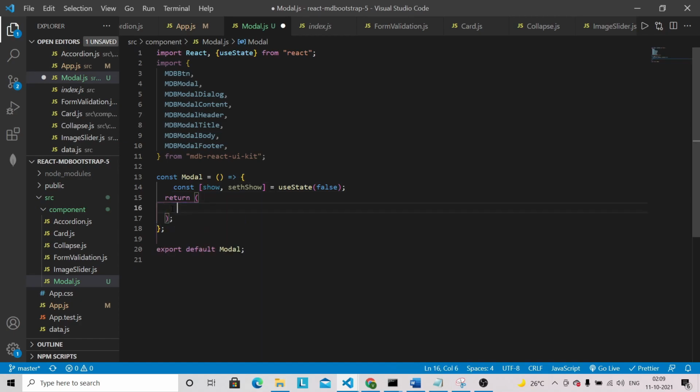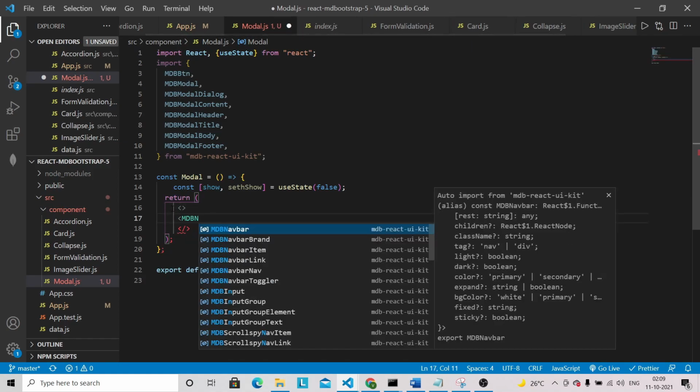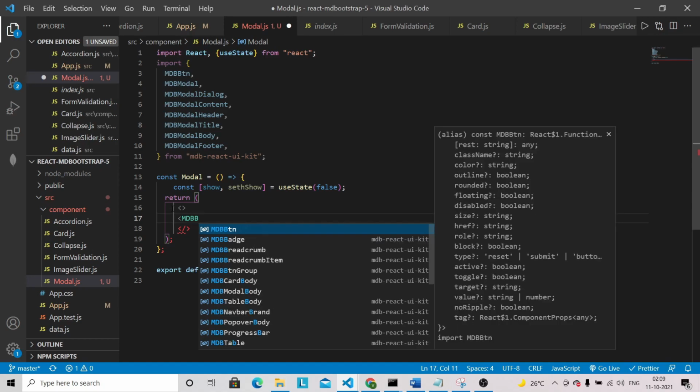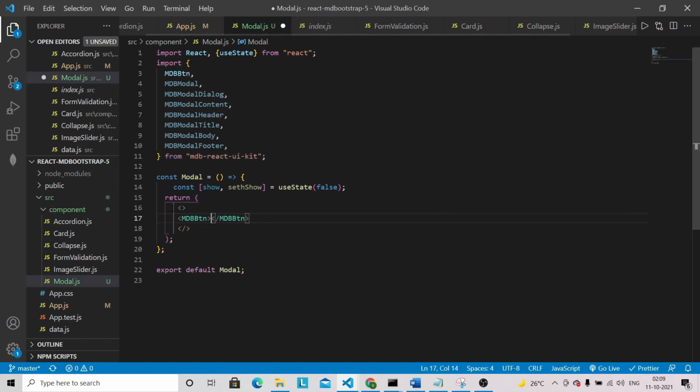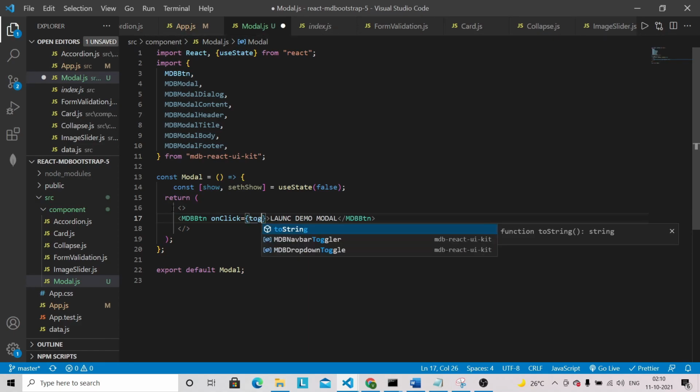Let's remove this content, we don't need it, and I'm going to use a fragment here. First I'm going to have this button, and I'm going to give it the text "Launch demo modal", and onClick